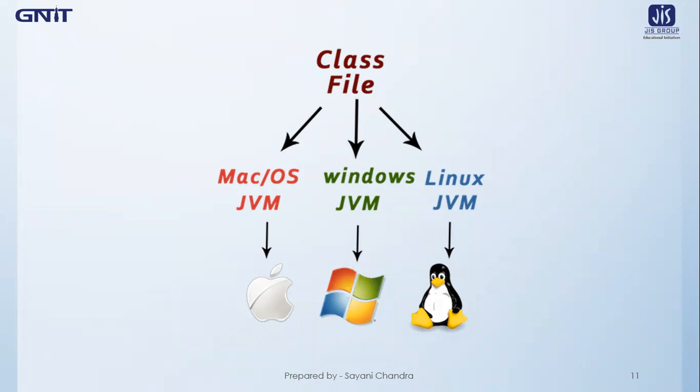So the three most important features that we have learned today are bytecode and JVM, that Java is a compiled and interpreted language, and why Java is called platform independent and JVM is platform dependent. So these are some of the most important basic concepts of Java. Before going into the detail of the Java language, you should have a good knowledge of these concepts.